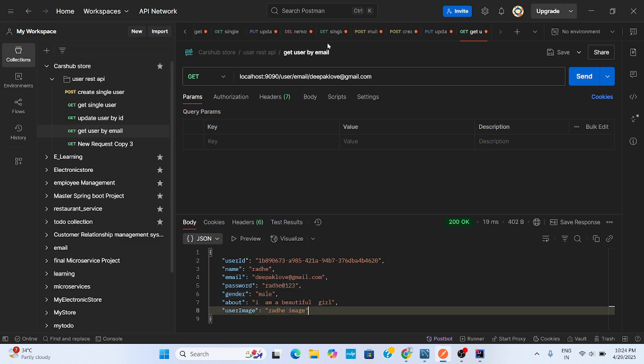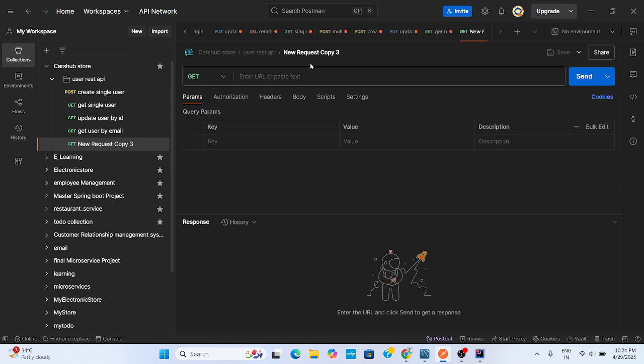For example, user search by the name, search by the keyword.